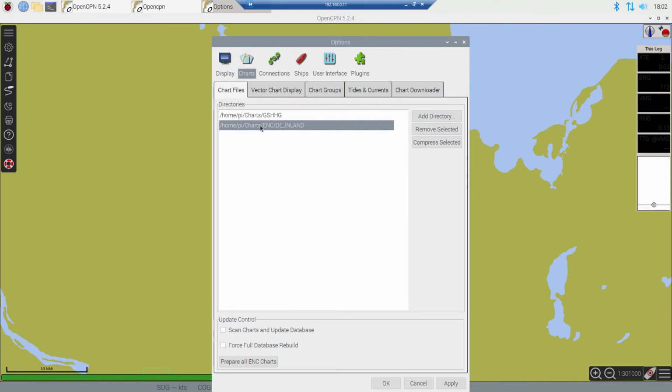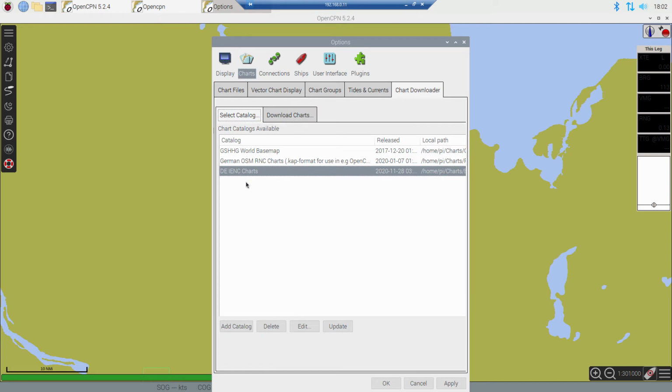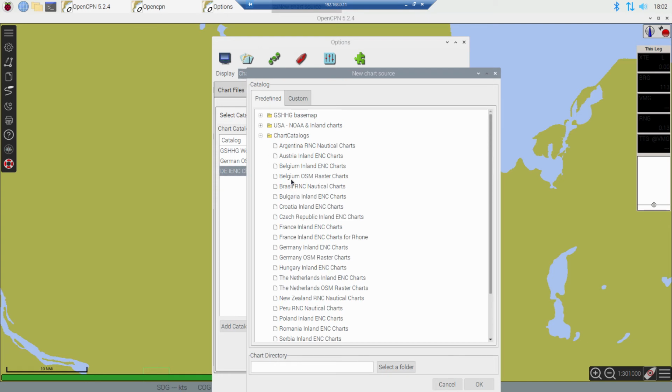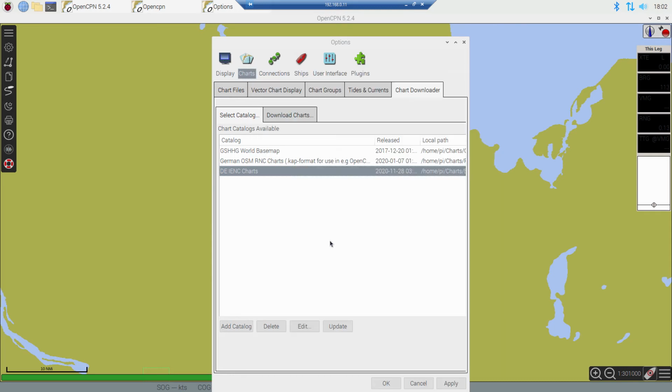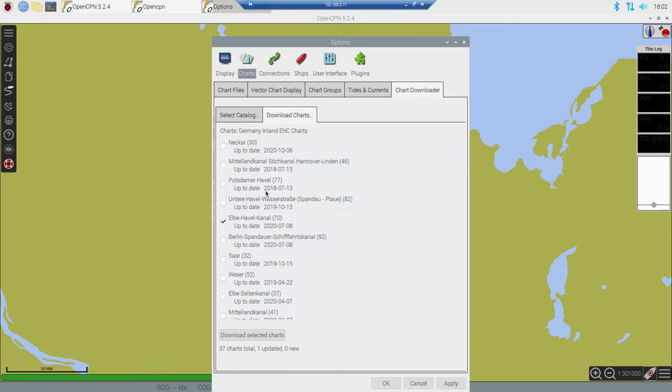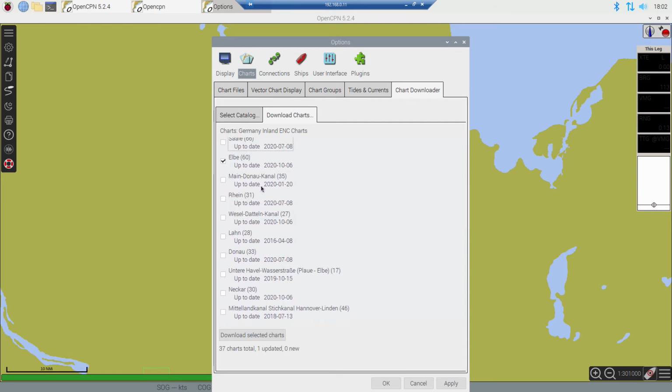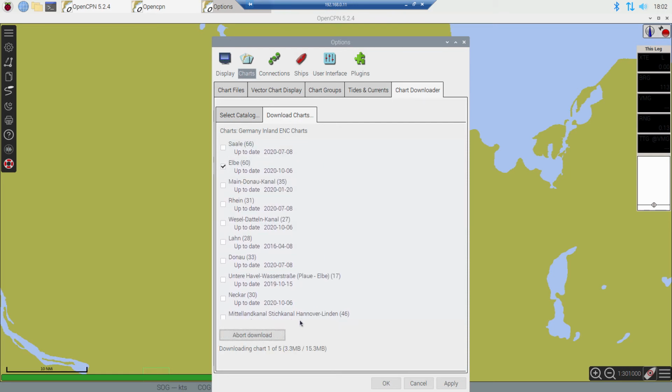For this demonstration, I did remove the raster-based charts, and you see I did already add some other charts. So I went to the catalog and I added another catalog, and you go to charts catalog. In this case, for Germany, there is the inland ENC. They are officially available for free. So we took those, and then you can download some maps. I did this already, but I can just put an update. I think one has changed, so I will just download again. And when this is finished,